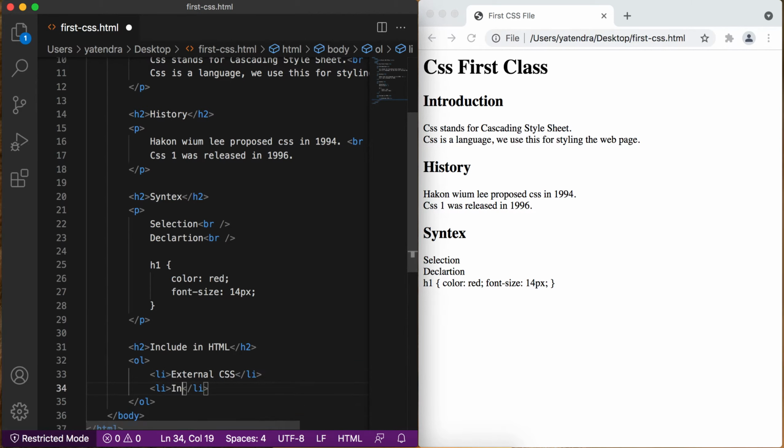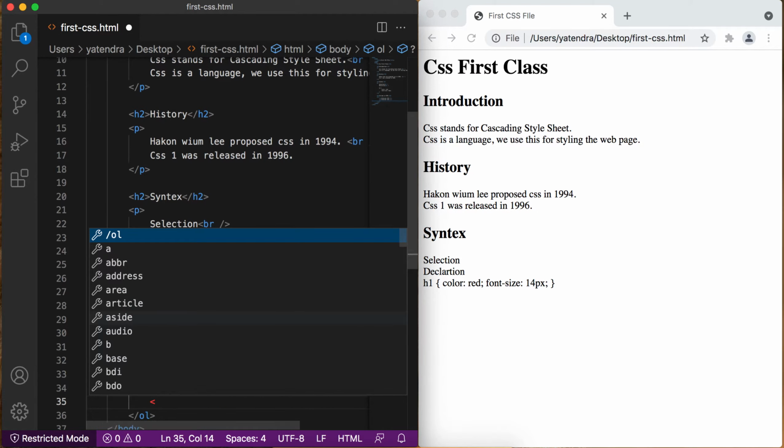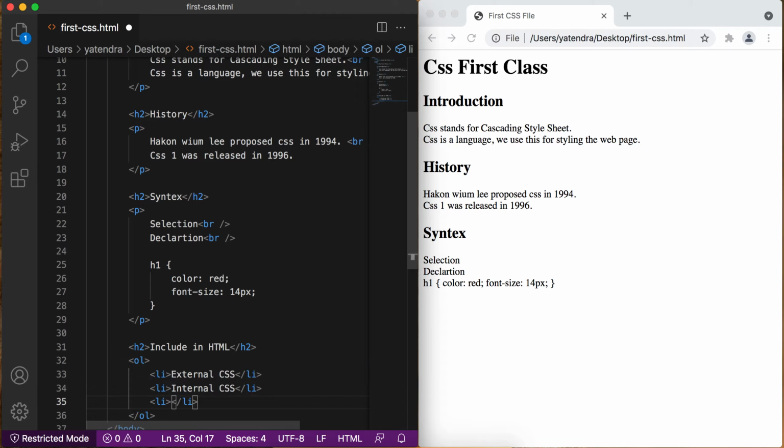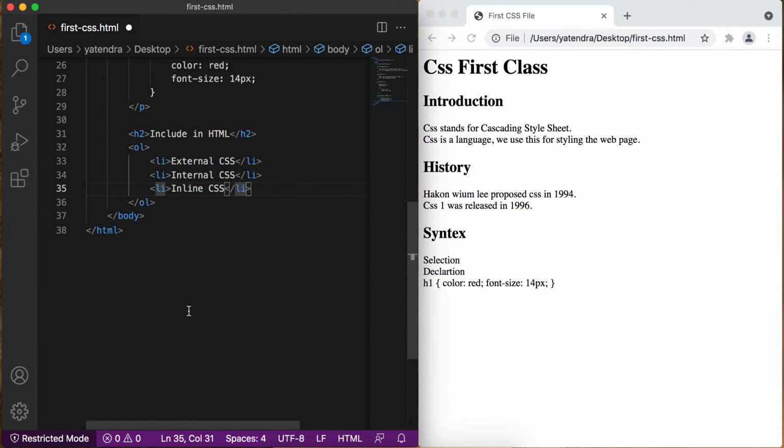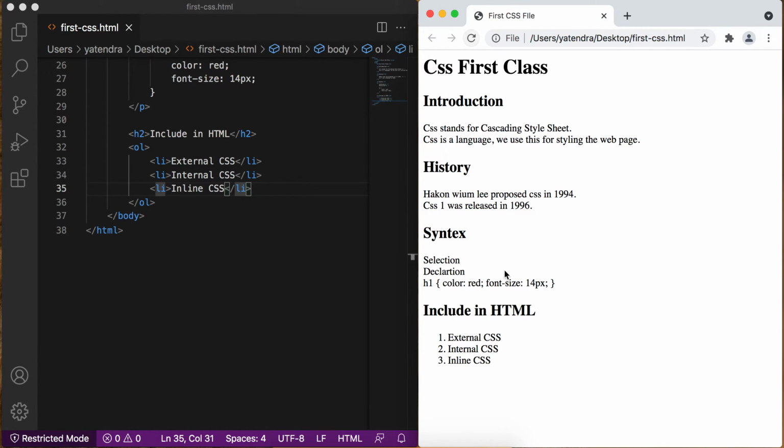Second is the internal CSS, and last one is the inline CSS. So by these three ways we can include the CSS in HTML files. Let me refresh here. Okay. So by this way I think we recall all the HTML elements, HTML list, heading,